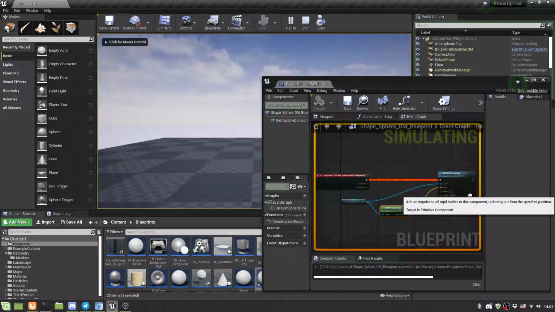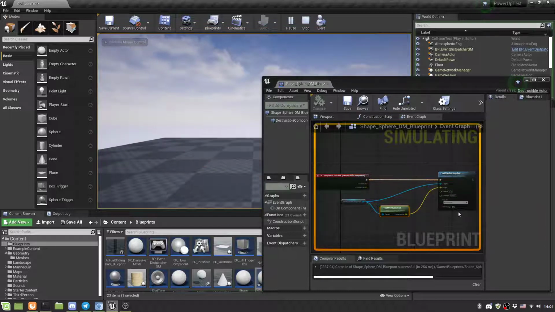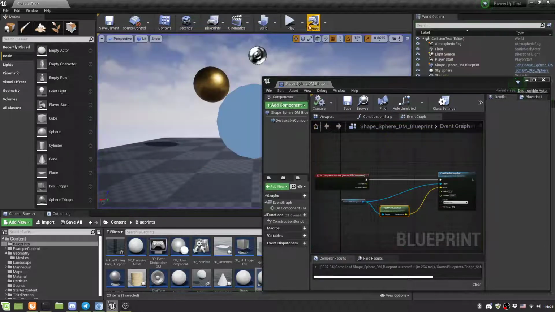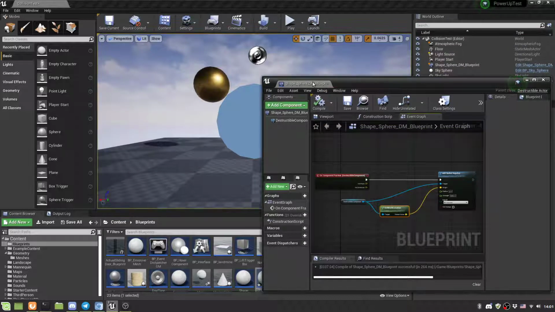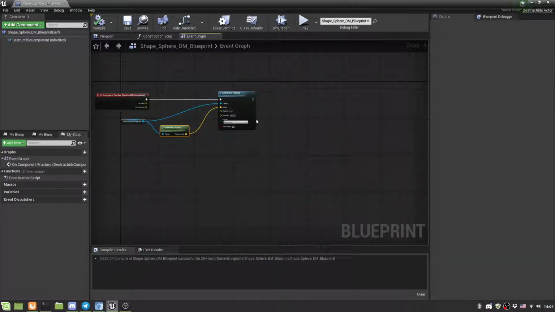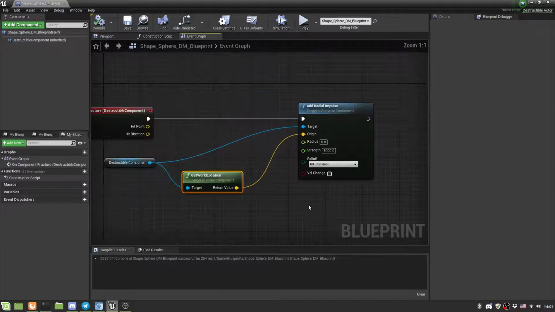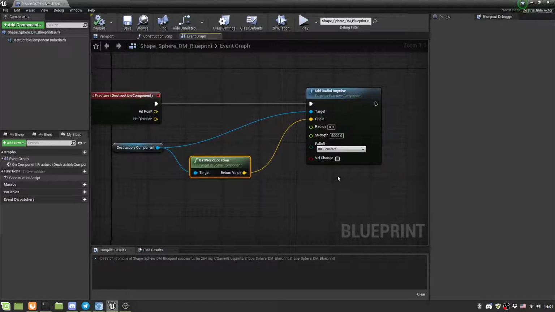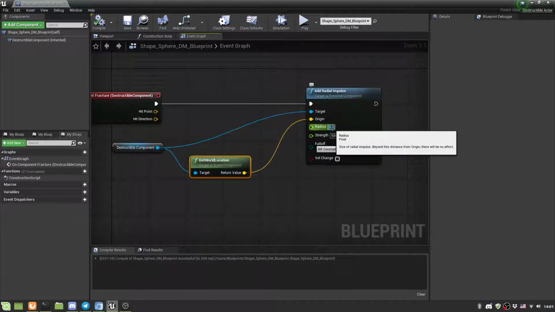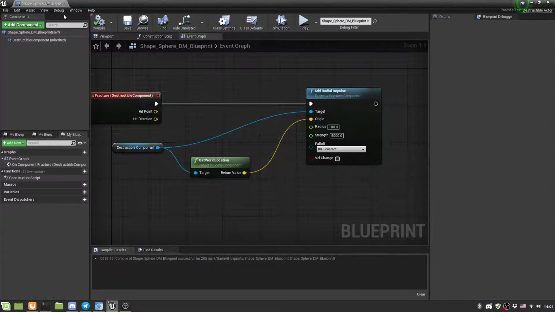Okay, so we see that the radial impulse is being applied, but we don't see anything. So what could it be? Maybe it is that our impulse is not big enough, right? So let's go here. Let's examine the values, size of radial impulse. So this is where it's gonna be. Okay, it needs to be larger than 0. So we compile it again. We play it,